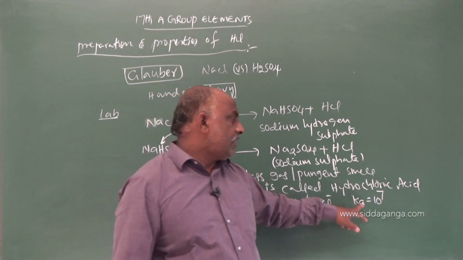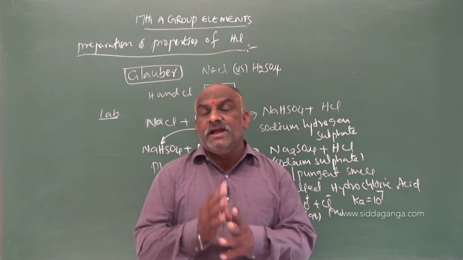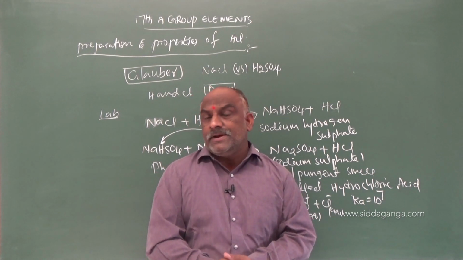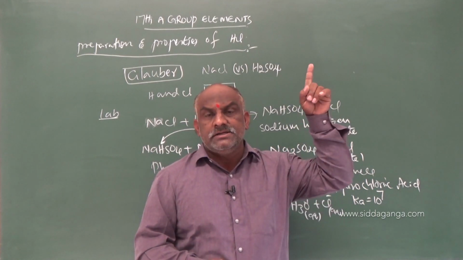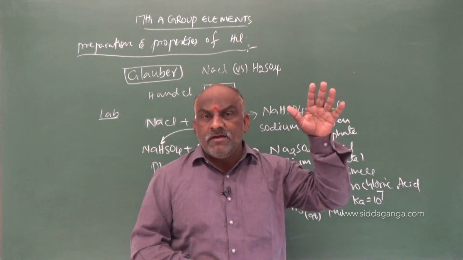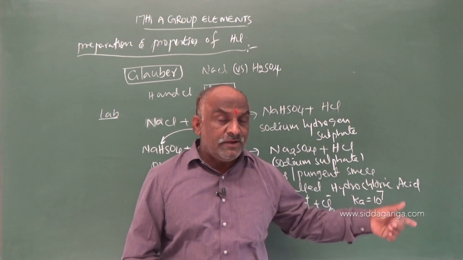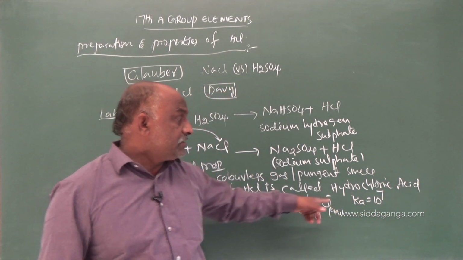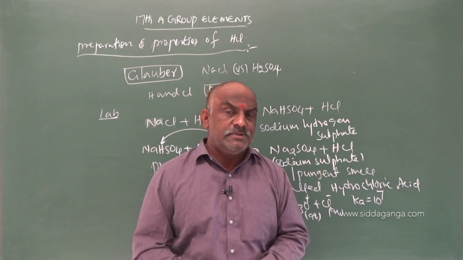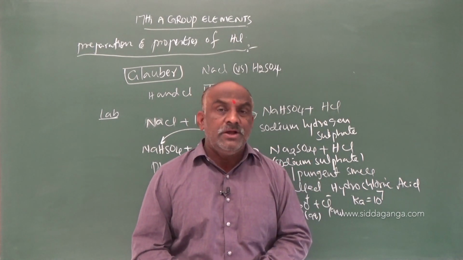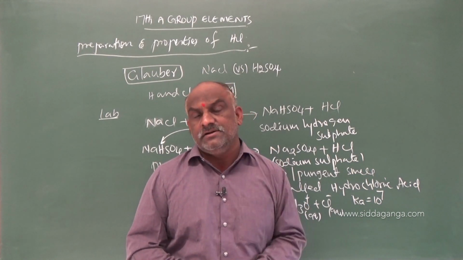What is the Ka value? Ka value is the mathematical measurement of the strength of an acid. A larger Ka means a strong acid. If the Ka value is very small, it is a weak acid. What will be the extent of ionization? The extent of ionization is 10 power 7 times, which is extremely high. Due to that reason, hydrochloric acid is a strong acid.